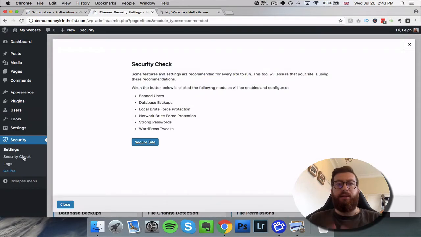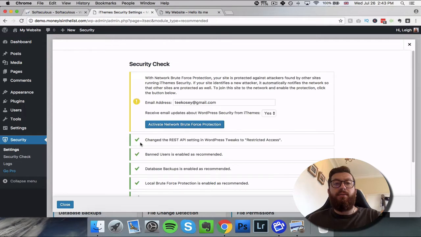And it is going to come up with a security check. It's the first time that we've used this plugin on this site. And it's basically saying that it's got some features and settings that are recommended for every site. And by clicking the button below, they're all going to be enabled and configured for us. So we're going to click Secure Site. It's going to ask us